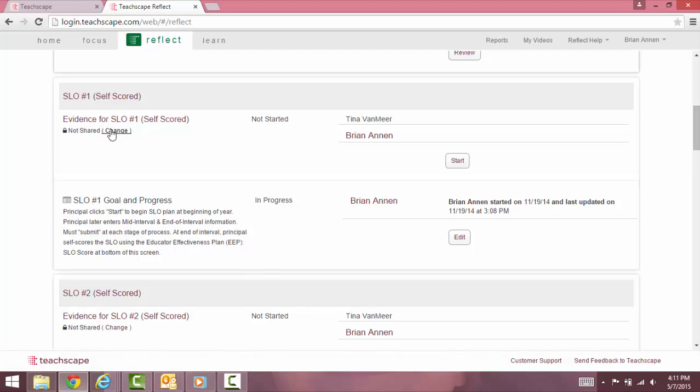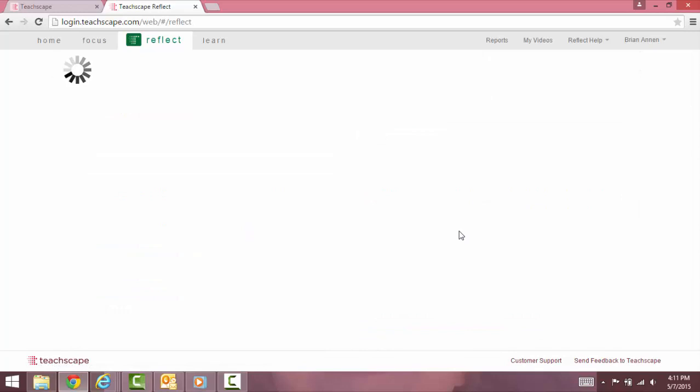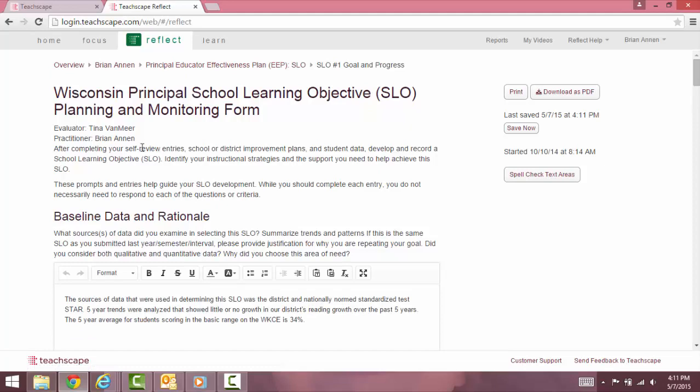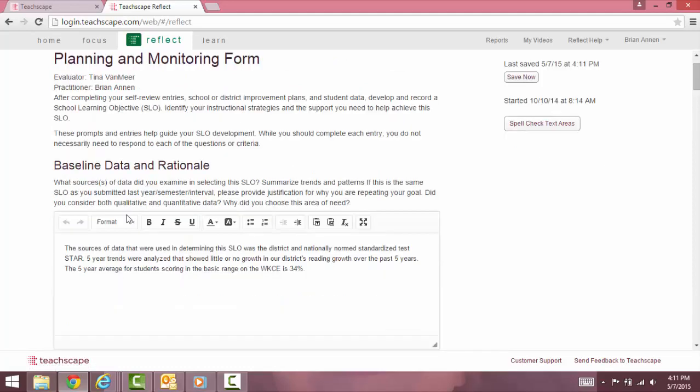What you're going to do here first is you're going to go into SLO goal number 1, goal in progress. If it says in progress here, that means that you are currently working on it. If it says submitted, that means that you submitted that goal to me, and I will have to request some revision, and I will have to click a button so that you have access to edit your goal. When you get into editing your goal, I can click on the edit,